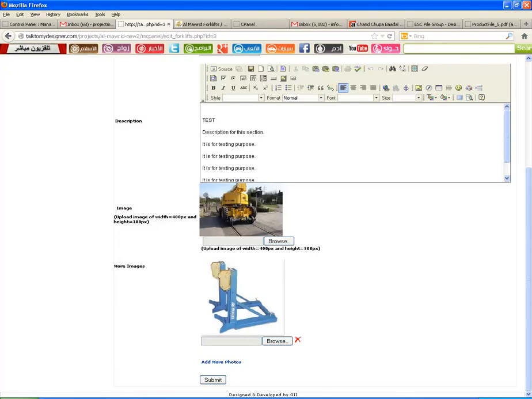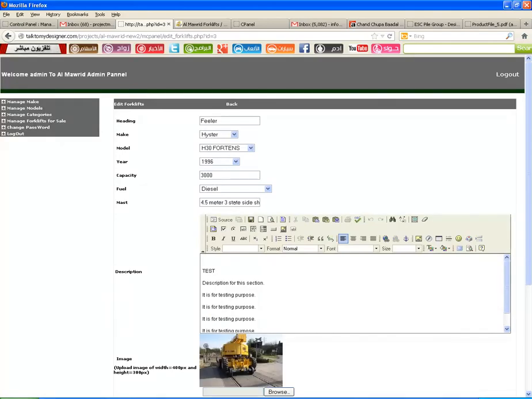Here you can edit the images, or if you want to add more photos, you can add them by clicking this link. If you want to delete any images, you can click this red cross mark. Then if you want to add any other description, that also you can add. Likewise we can edit the forklift for sale.